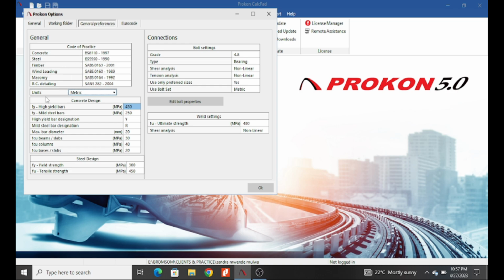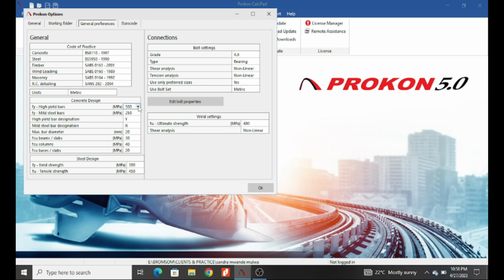changing your code of practice and stating the units you're going to use, there are other parameters that you can use. For instance, the FY. FY in Kenya, the readily available bars, we normally use an FY of 500.